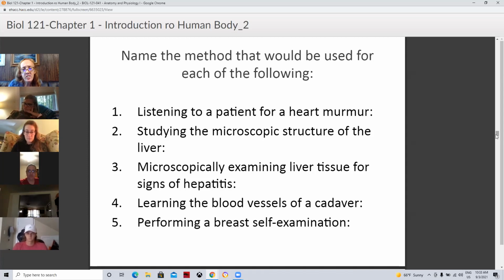Performing a breast self-examination. Is it percussion? I would use percussion, because you're... What else? Palpitation. Palpating. Yeah, that's